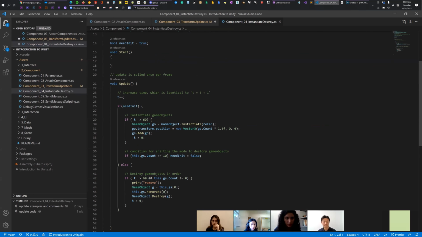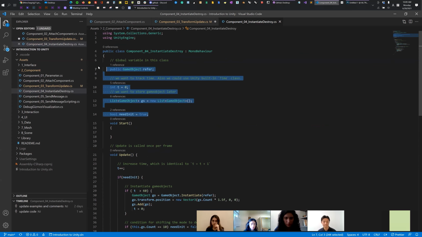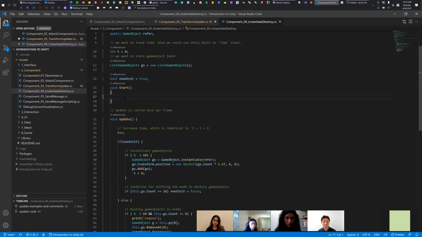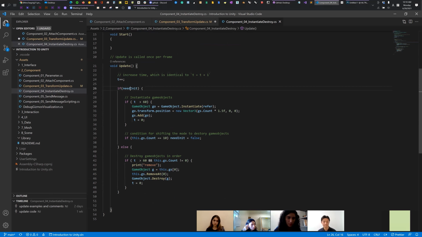Here, once we declare the variable in that scope, meaning we want to use this variable in a global scope, we can access it not only from this function, but also from this function. So here is the sum of the algorithm. Then increase the time by 1. Yeah, just track the frame, for example. If the frame is bigger than 60 frames, like after 2 seconds, for example, and if this is true, obviously this is true, then we can